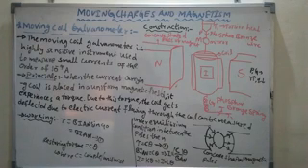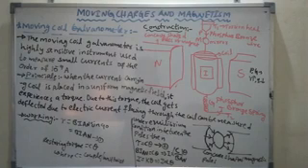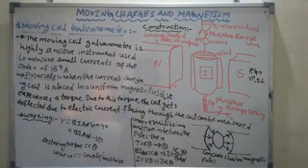In the last part we understood that when a current carrying coil is placed in a uniform magnetic field, it experiences a torque. After that we understood that a current carrying coil acts like a magnetic dipole. We also calculated the magnetic dipole moment for a revolving electron.